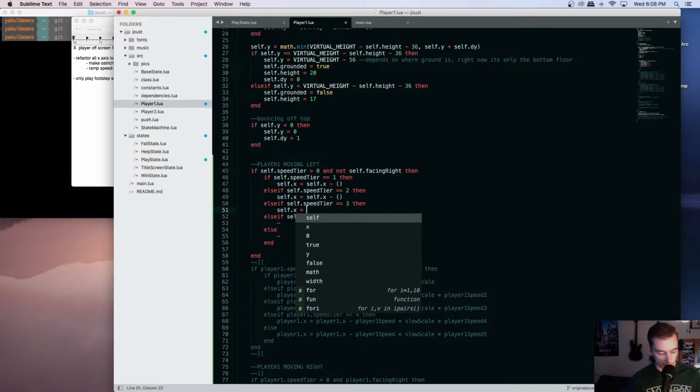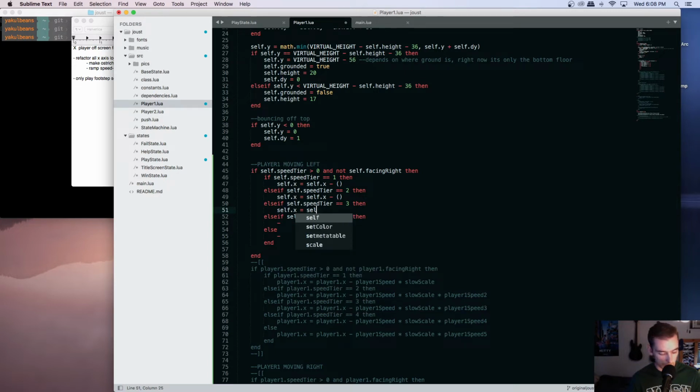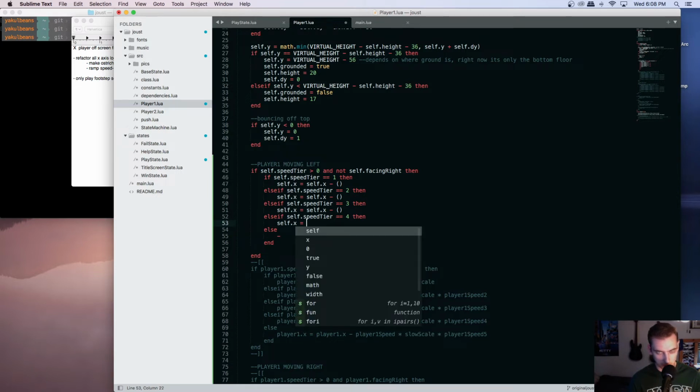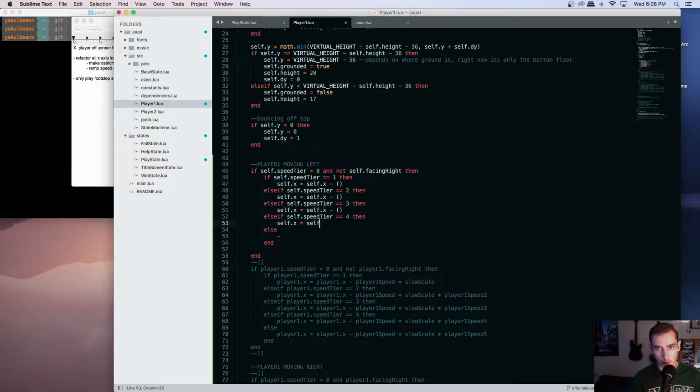Self.x gets its own current x shifted by, and then self.x gets